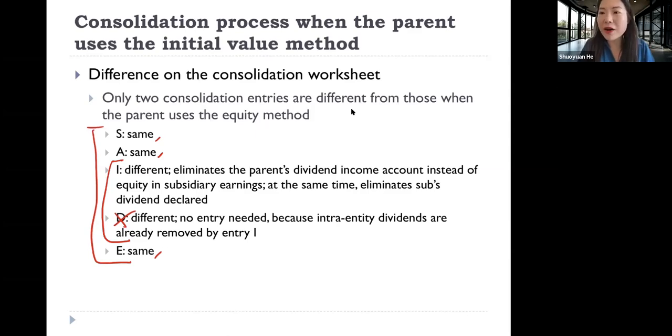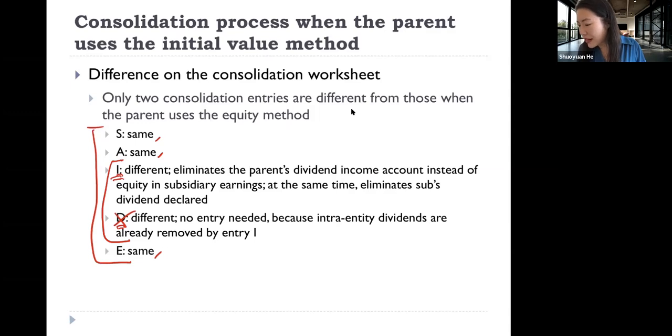If you think about it, if the subsidiary declares dividends, the parent is recognizing them as its income. So instead of recognizing the subsidiary's income as its income, the parent now is recognizing the subsidiary's dividend payment as its income. So actually, I and D are just combined into one. And then for consolidation entry I,